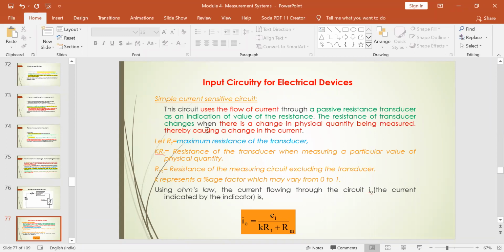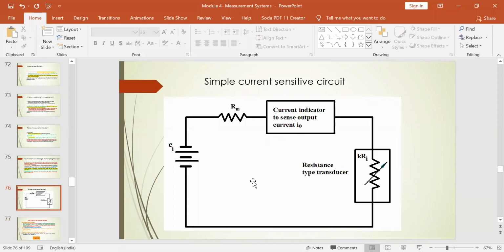So the resistance of the transducer changes when there is a change in the physical quantity being measured. Thereby it causes a change in the current which flows in the circuit. Whenever you have the voltage V is equal to Ri, the equation we follow, voltage is equal to resistance times the input current. Based on the voltage you apply, if you make it pass through the passive type of resistance system, then the change in the input current will be indicated and sensed by using the current indicator, which provides you